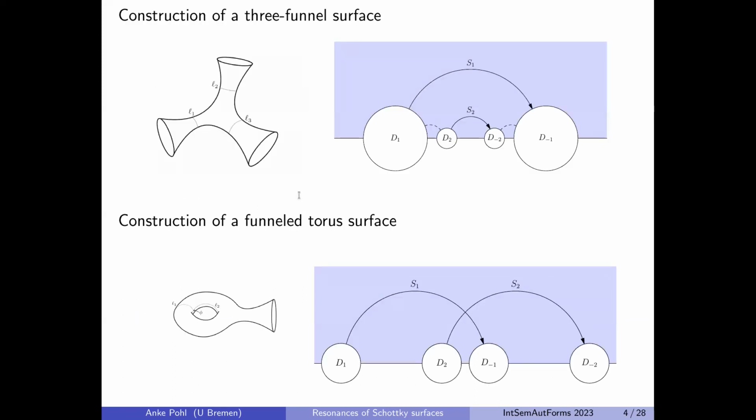So how they are formed: there is a quite easy construction of these surfaces, and it goes like this. You decide how many generators you want to have in your Schottky surface. Let's call this g. Here you see the example g equals 2. And then you take 2g little balls. They all need to be distinct. I do this in the upper half plane model. The center is somewhere on the real line.